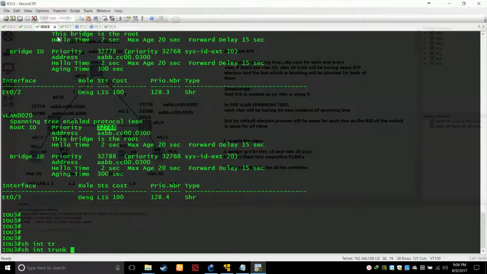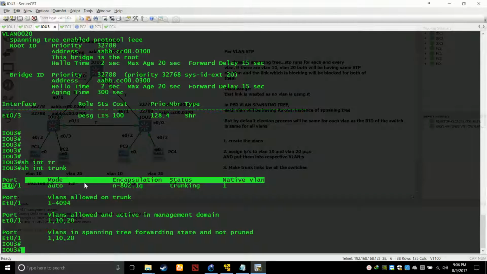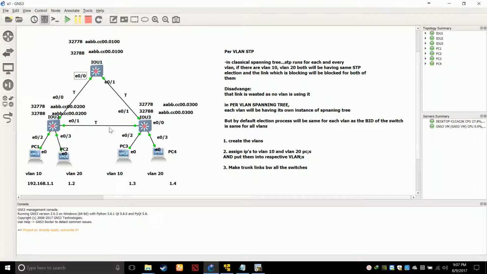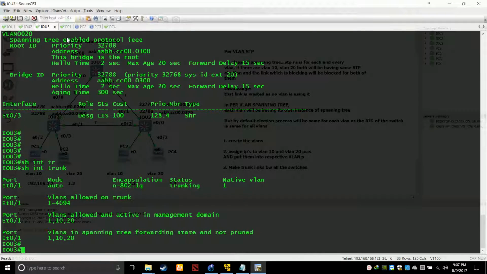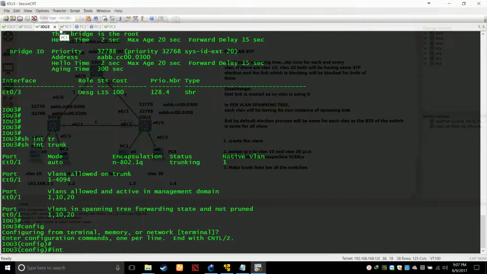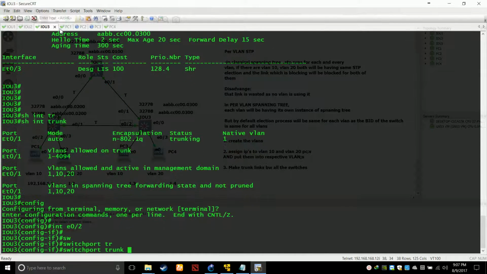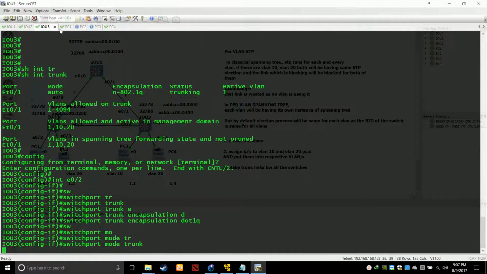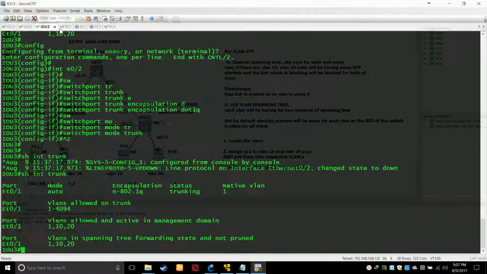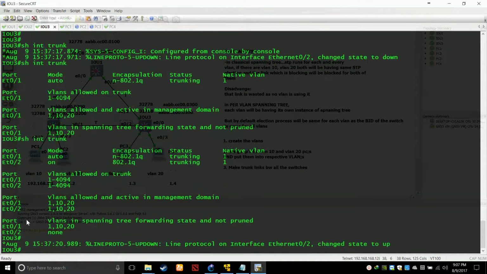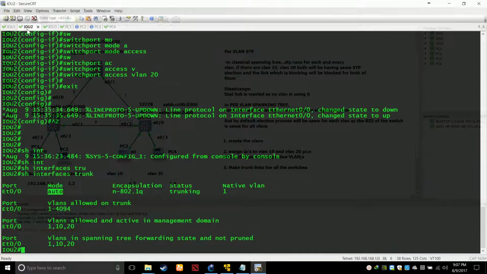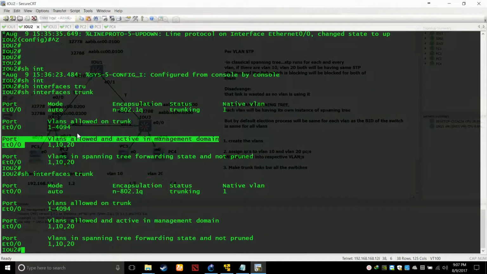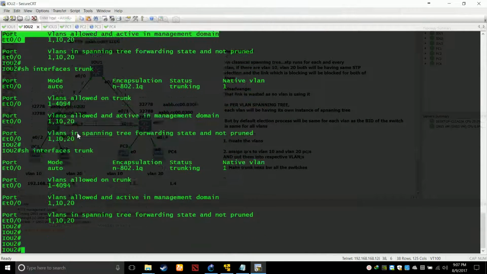Okay, so let's go to switch 3 and do the same thing. Show interface trunk. This E0/1 will be a trunk, but you can see that we also have to make this port trunk. So let's give the command here as well, on E0/2. Switchport trunk encapsulation dot1q, switchport mode trunk. Done. You will see the message immediately that it will be trunk as well. So E0/1, E0/2 both are trunk as you can see. Let's go to switch 2. Previously only E0/0 was trunk. Now E0/1 will also be trunk as you can see here. It might take some time.